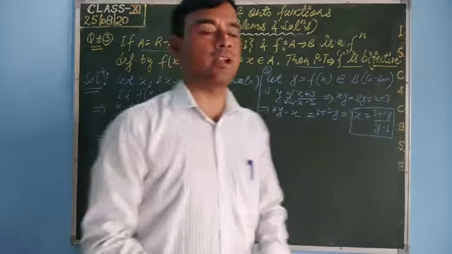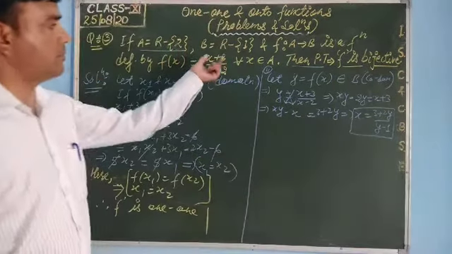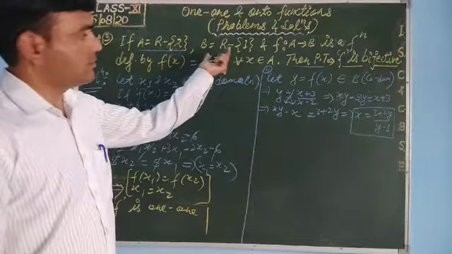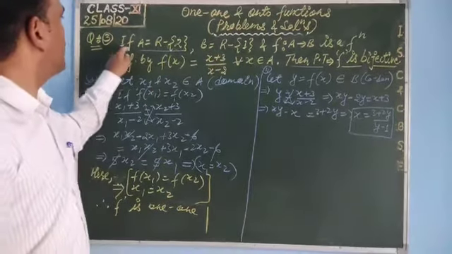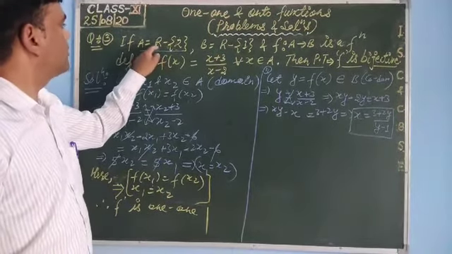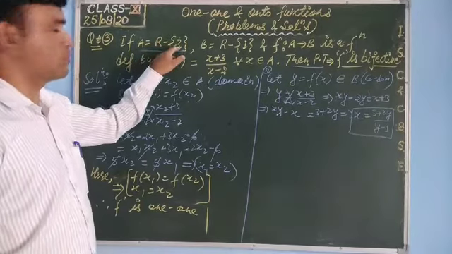Okay, student, we will try to solve the next question. That is a different one, and this is a good question. Okay, we are given a set A equal to R except 2, means the set of real numbers except 2,